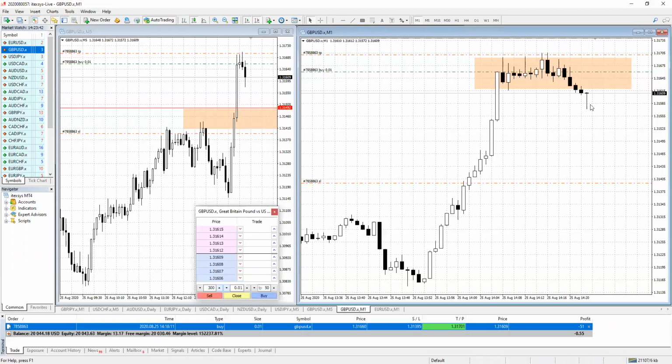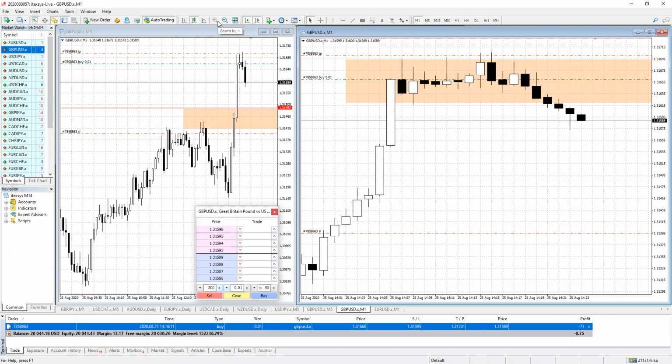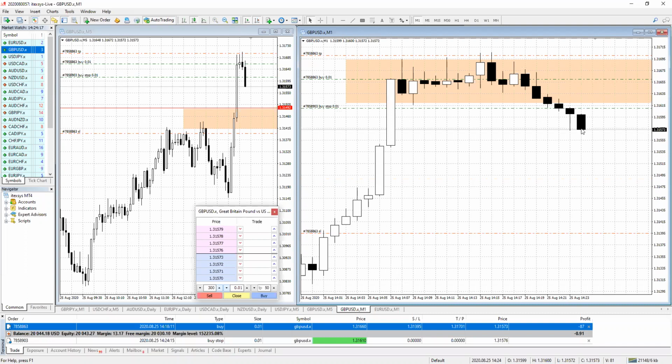And then you see the bullish pressure right here, right? So if this candle forms a wick, I might buy again. Okay, now we have two ways to enter this. We can give up on confirmation and just take a buy trade right now, or we could wait for confirmation, taking a buy stop above this previous candle. Because if this candle breaks the